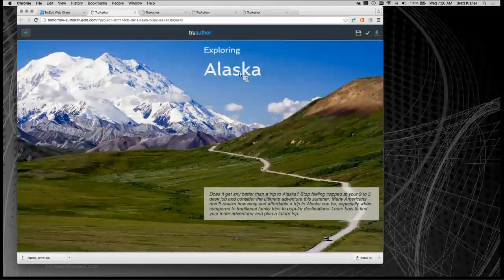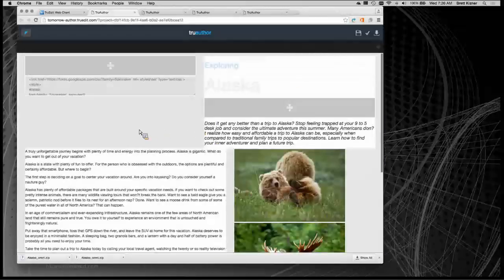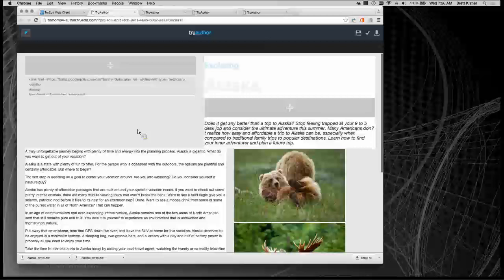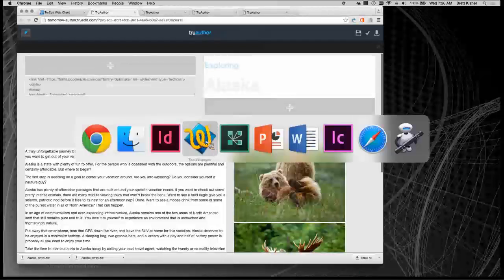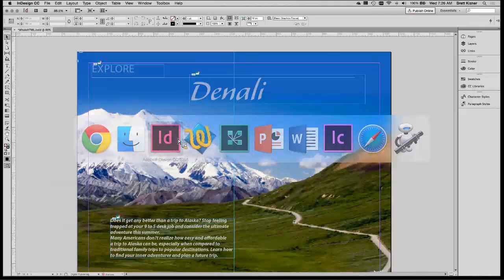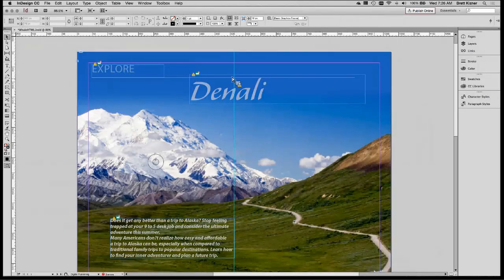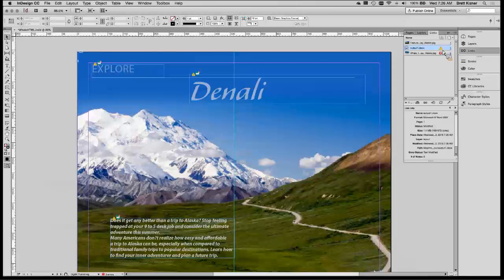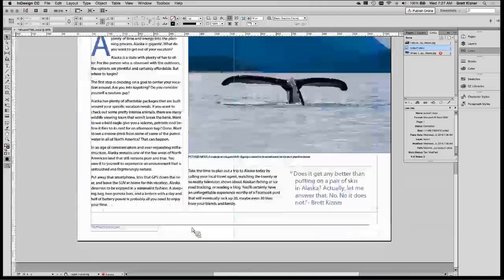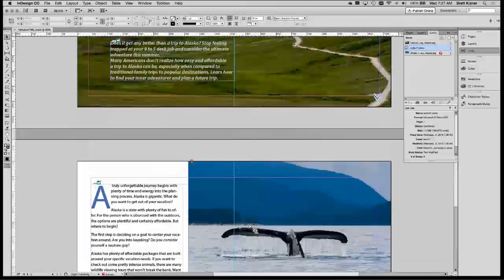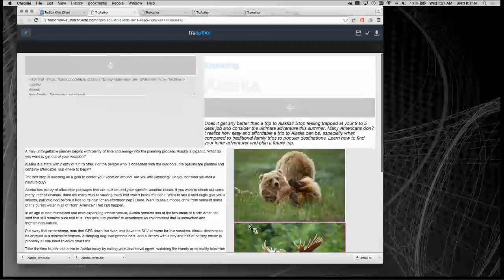That content, though, has extra valuable information. Because it is already tagged, we can take that content and bring it into InDesign. So to show you that, I'm just going to move to another TruAuthor document we have here, similar content. You can see here again, it is fully responsive. What we are working on to release in TruEdit is the ability to save all of these independent text threads as objects in TruEdit. The idea being is that whenever a user saves their job to TruEdit, that content will be saved in components that can be used inside Adobe InDesign.